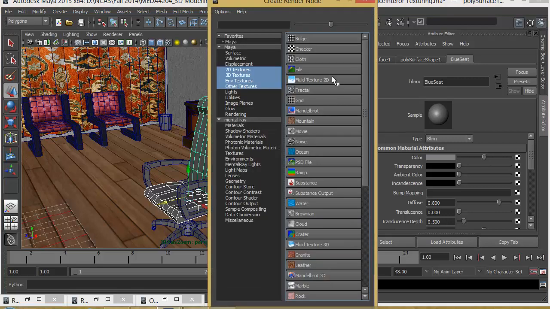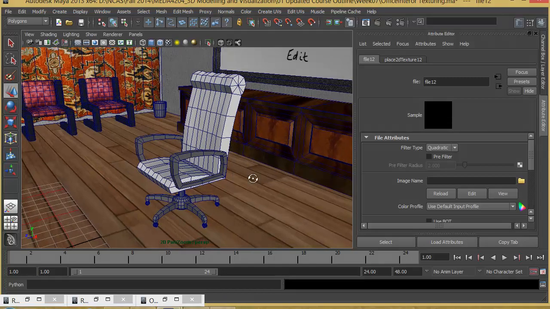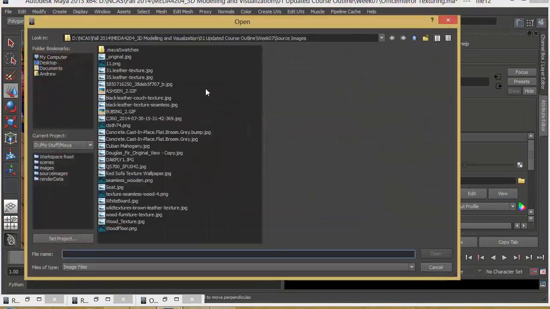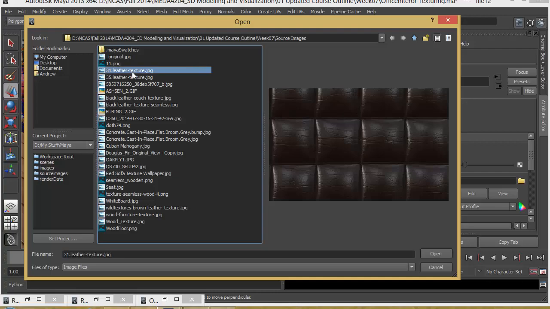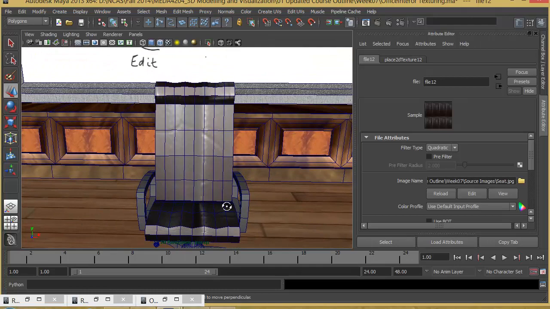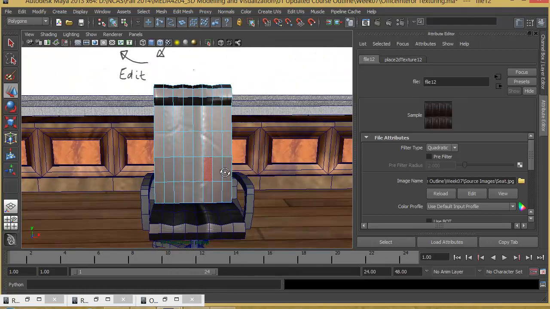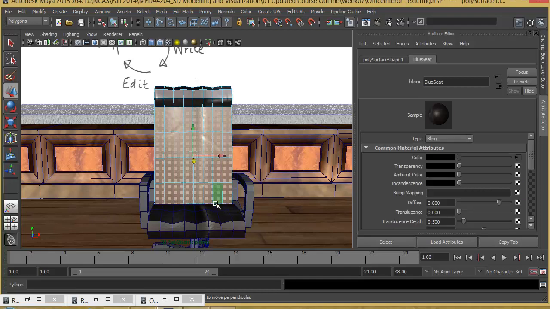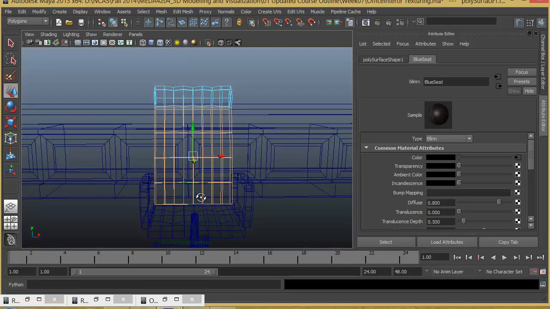Let's go to color, file, pick up, I've made a seat here, there you go, say open. Okay, so that opens up something like that. Now all I have to do is select all these and